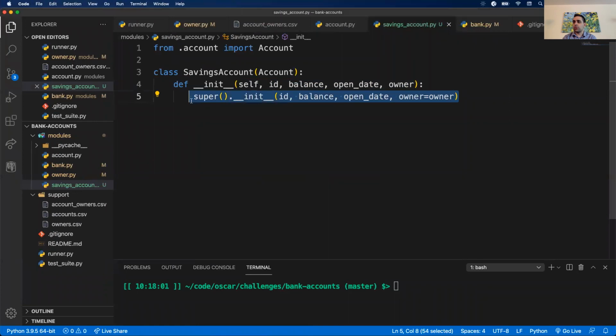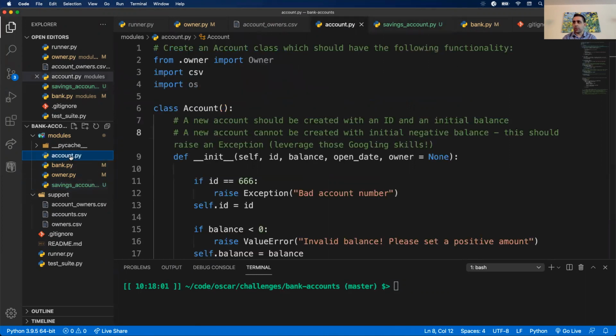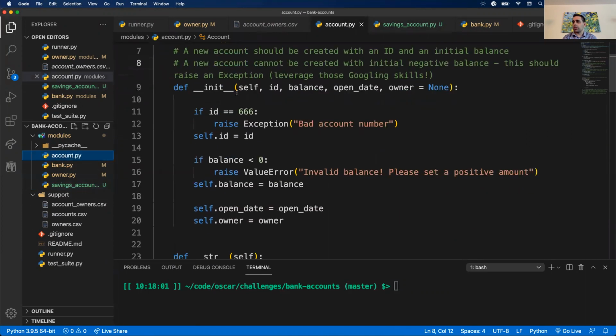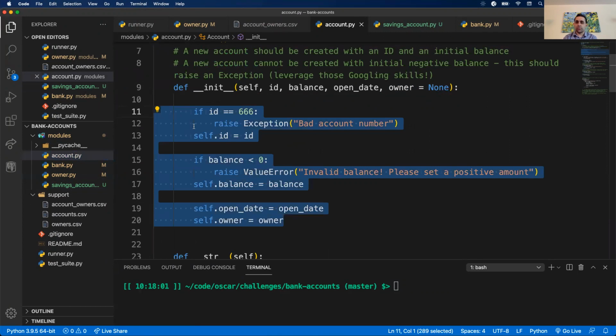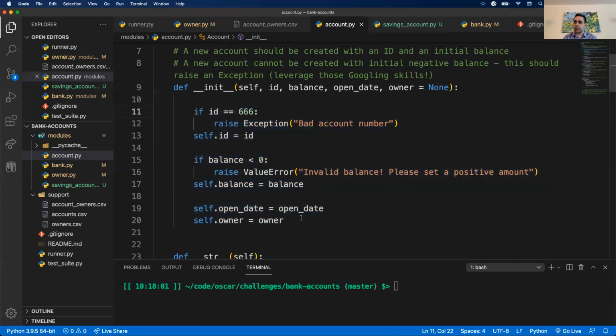Notice that VS Code was quite nice to me. It added this super method call. The reason we need to call this is because we're inheriting from account. So again, account has all that good stuff baked in. If I go back to my account file, we have all of these values that we're storing: ID, balance, open date, and owner. This is stored in our base class, which is account. So we still need to call this init method ourselves from our derived init method